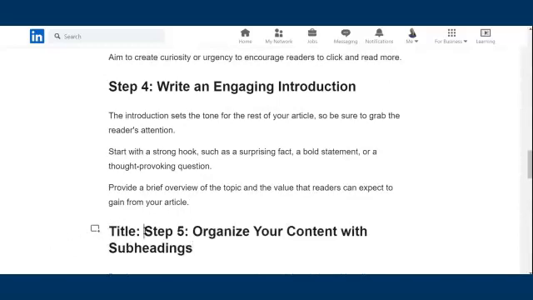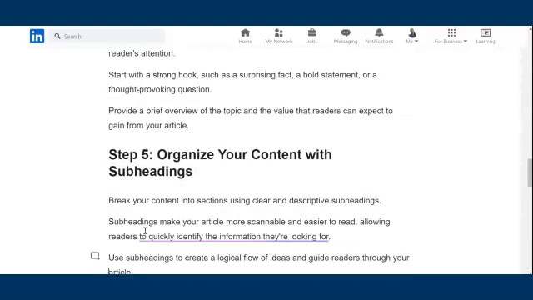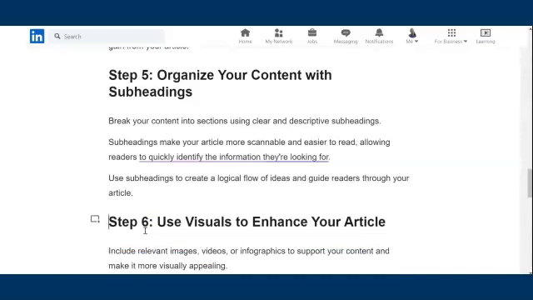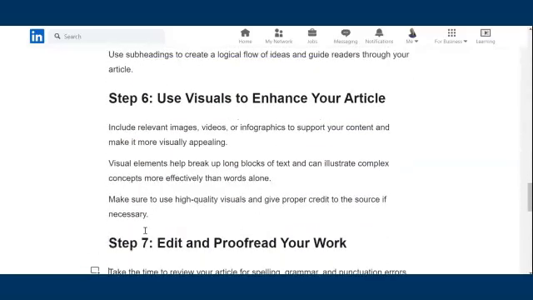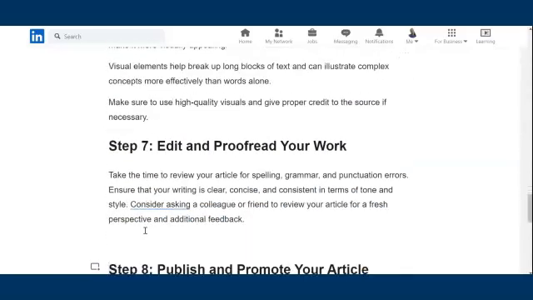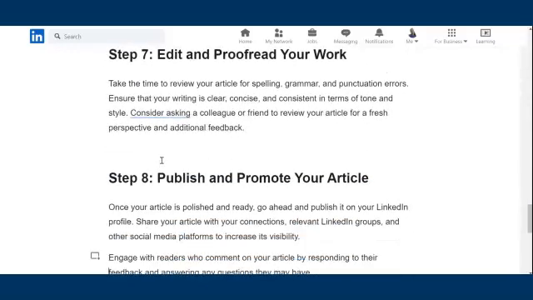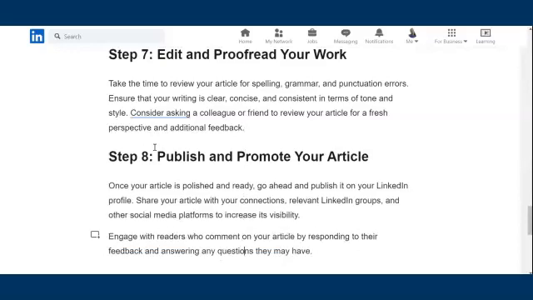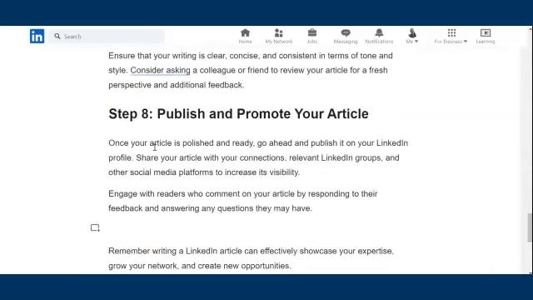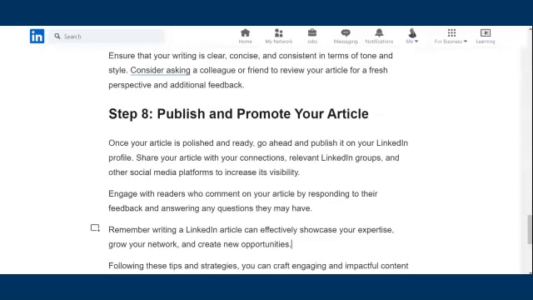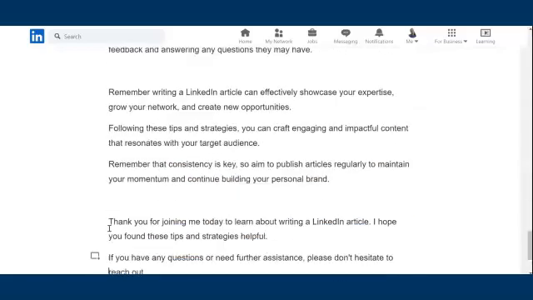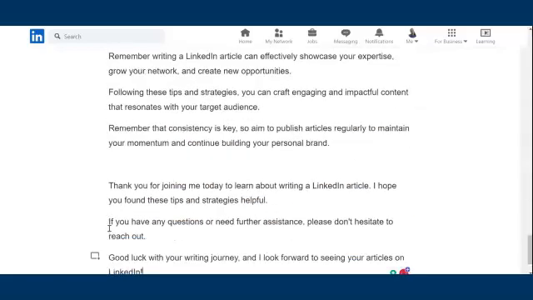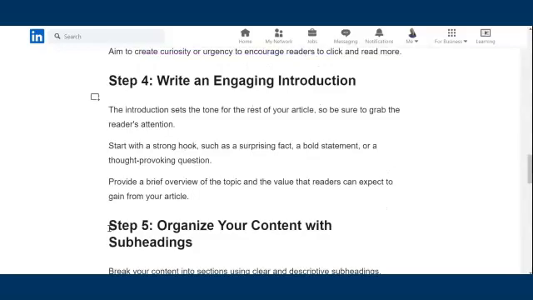Anytime you make a mistake, you can always undo as well. With the LinkedIn article, it automatically saves, so you don't have to go and save it. It saves as you go along. Also, with this particular article, I'm going to add videos. I'm going to show you how you can add videos within your articles. Let's make sure there's a bit of space here. Okay, so that's my LinkedIn article.